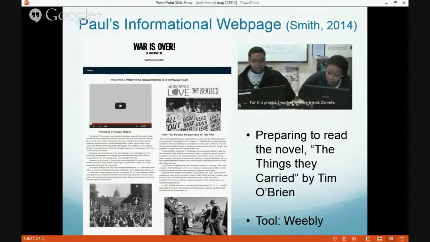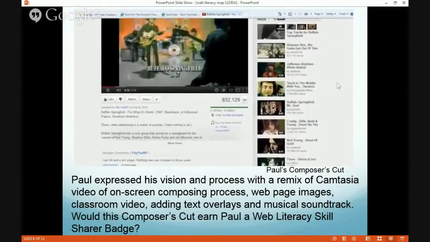To learn more about that original study, I highly recommend Blaine's 2014 study. In order to compose these composer's cuts, which are similar in some ways to a director's cut that we've all viewed and experienced with movies and TV shows,